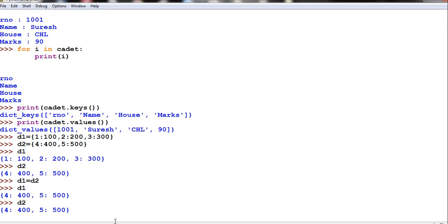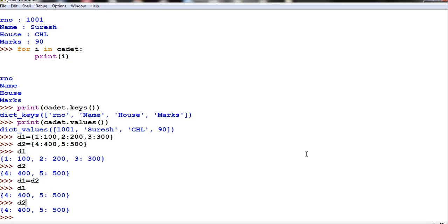Since it is mutable, you can assign d2 to it. See, my d1 is lost now. Earlier my d1 values were this and d2 values were this. Since I have assigned the values of d2 to d1, your d1 will also have the values of d2, and d2 of course has the values of d2. So it is an example to show how dictionaries are mutable.